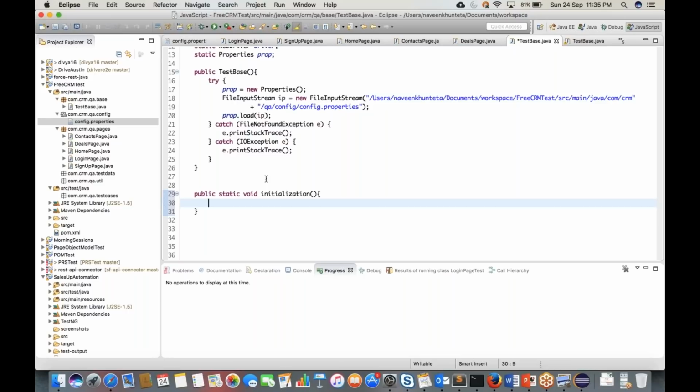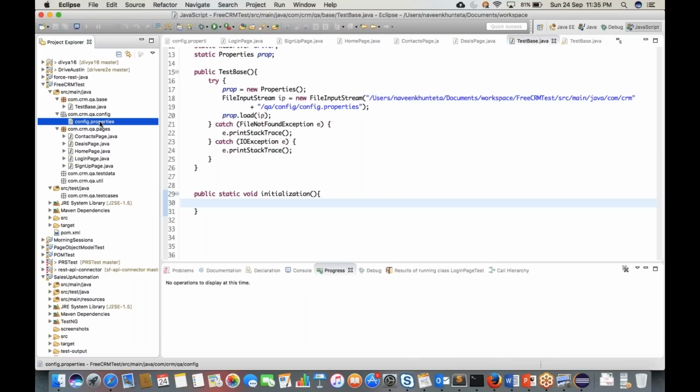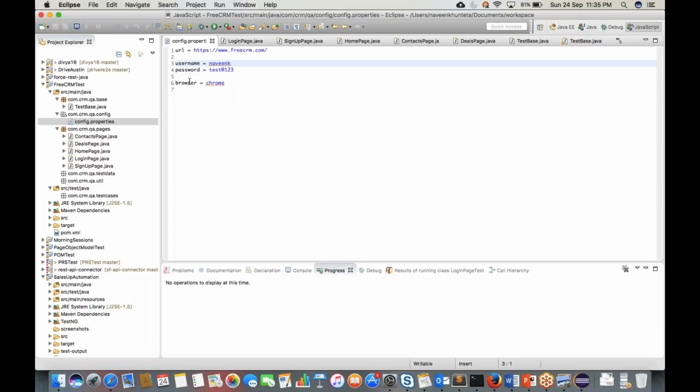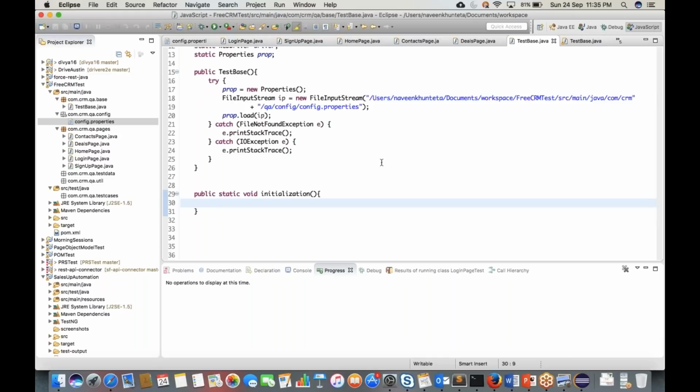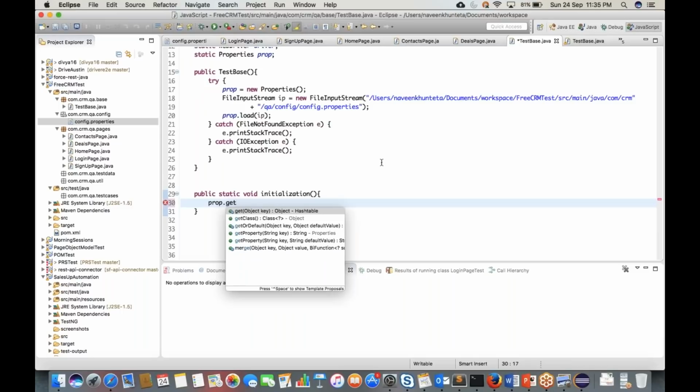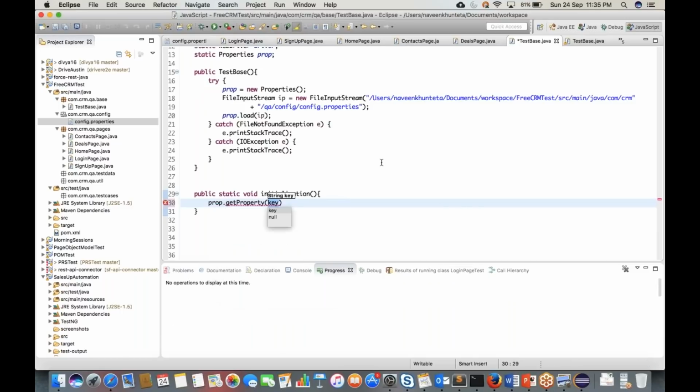Inside this method, I'll write the code. First, I'll read the property for my browser. I know that if I open my config.properties, my browser name is Chrome. So I'll read this property. How to read the property? Simple: prop.getProperty, and the property name is browser. This prop.getProperty will give you one string, so I'll store it in a string variable,